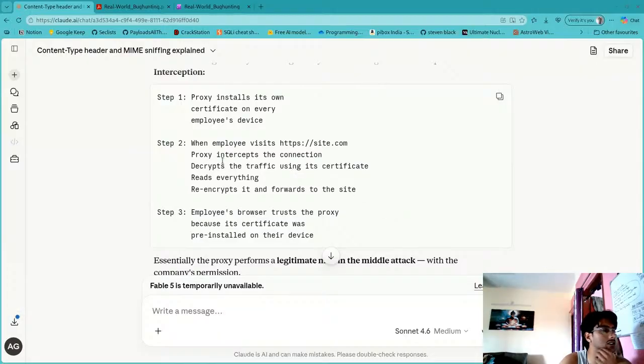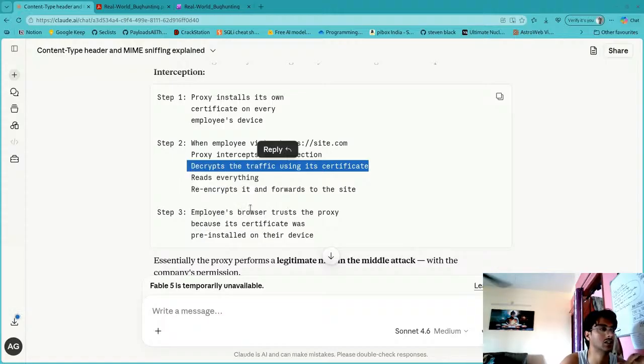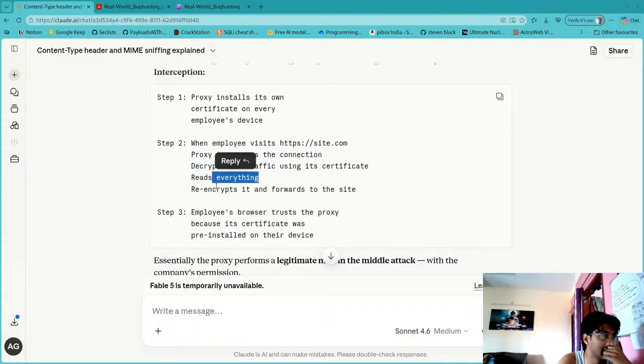So when an employee visits a site, the proxy intercepts and decrypts the traffic. So this certificate which I talked about is used to decrypt the traffic, right? Decryption of the data being transferred is the functionality, or the use case, of the certificate which we install in the browser. So it reads everything, re-encrypts it, and forwards it to the site. So everything is done by the certificate